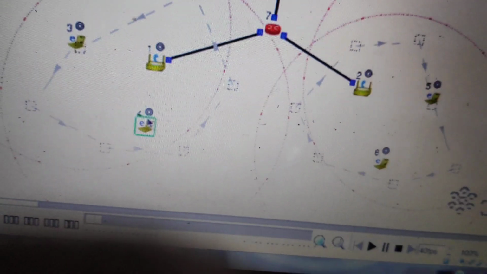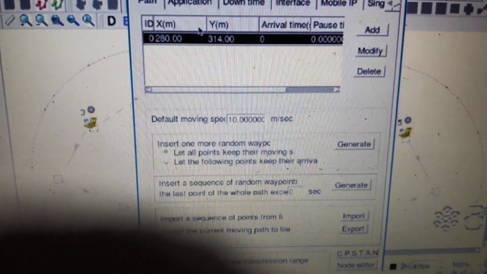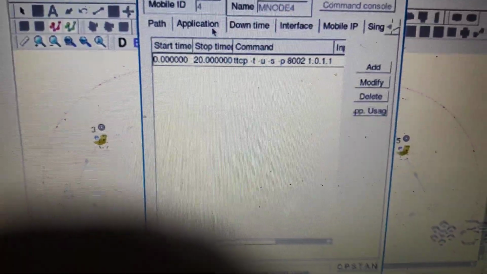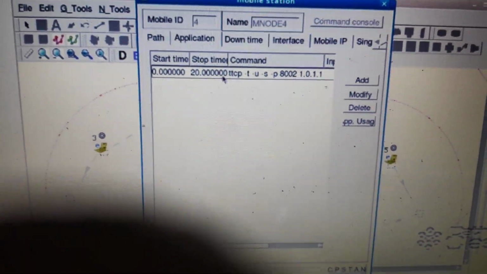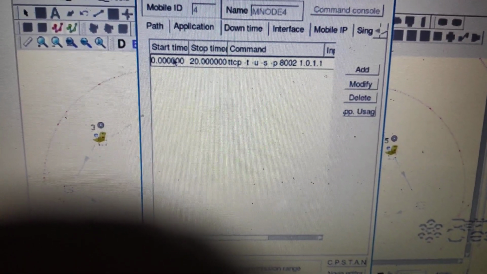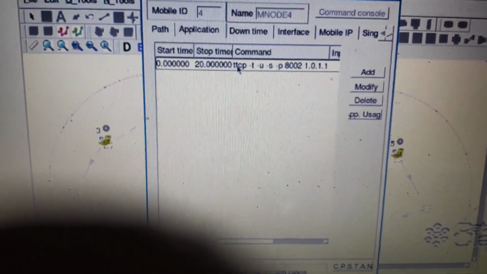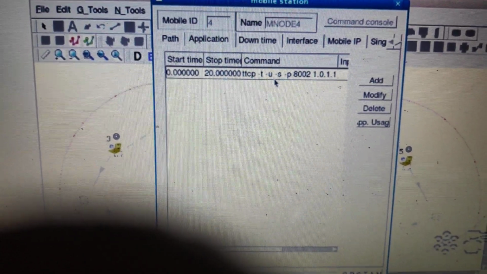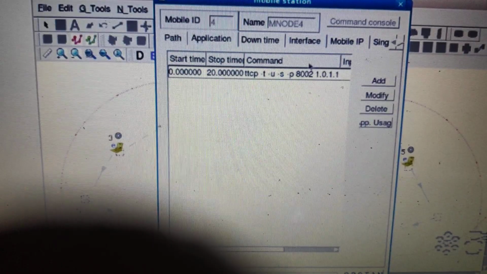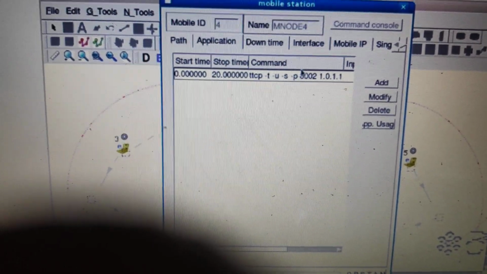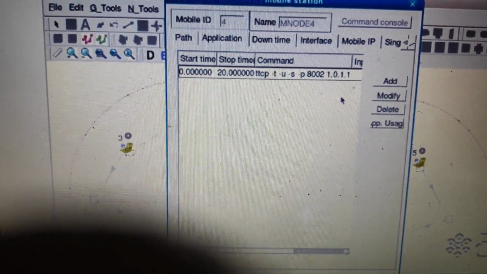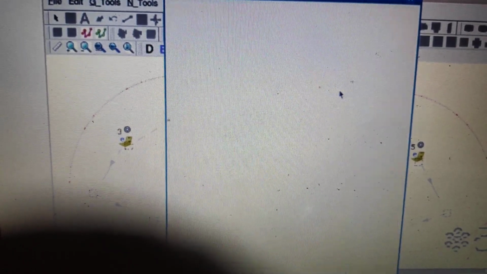Next we click on the next access point, go to the application window. You give the port number, only the port number is what I am changing, -P, and 8002 is what I am doing. So 8001, 8002, 8003, 8004, like that you will get four of these mobile nodes.